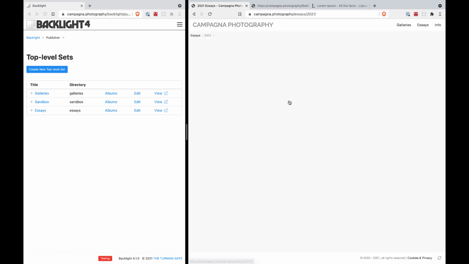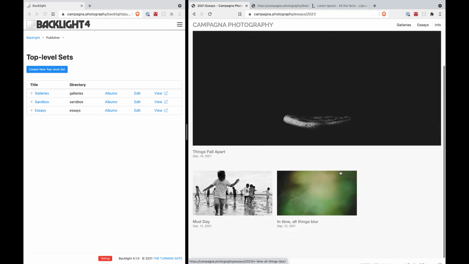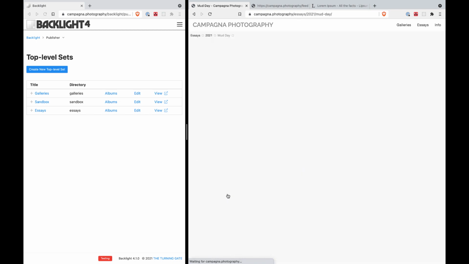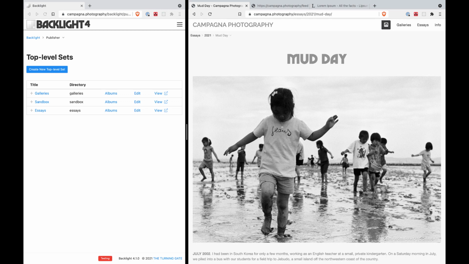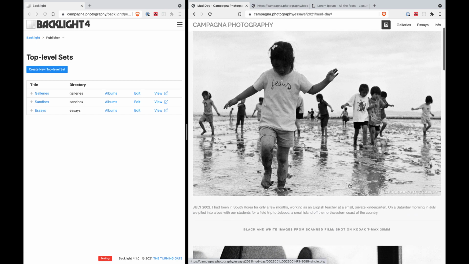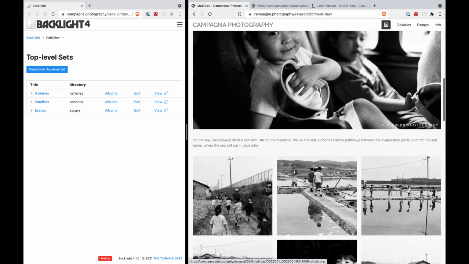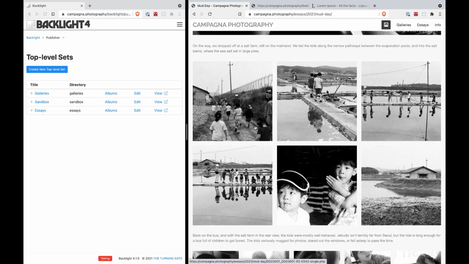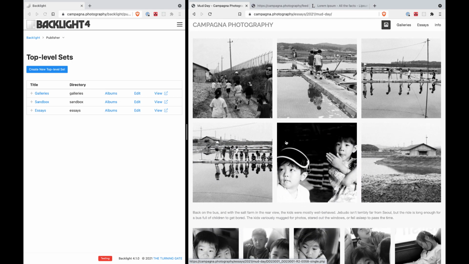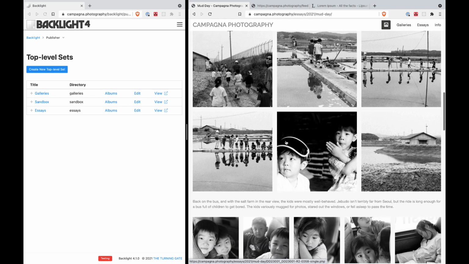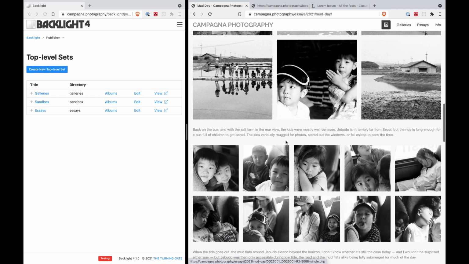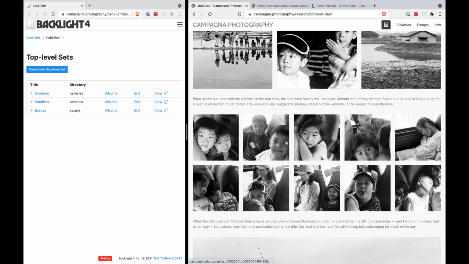So let me back out again and go into an essay that is much more complex. This is about a field trip I took when I was an English teacher back in Korea in 2002. So again, styled heading, big image, and then some words, and then another image. We come down, I've got a grid of images, and you can click into them, they're a slideshow. Some more words, a grid of images in a different size,